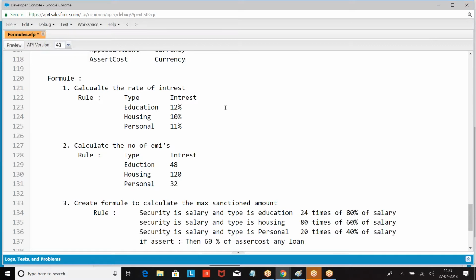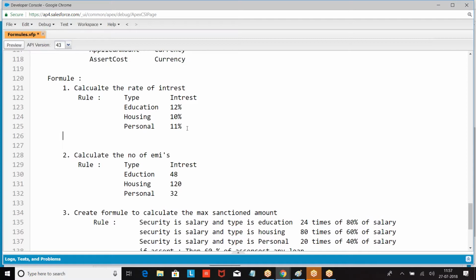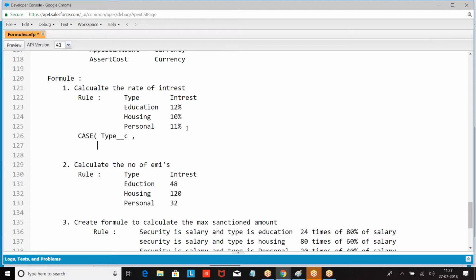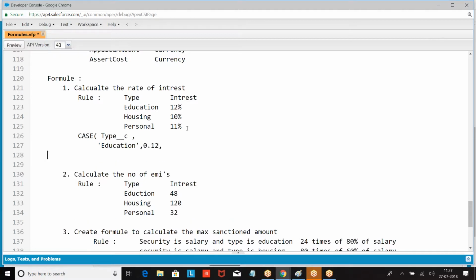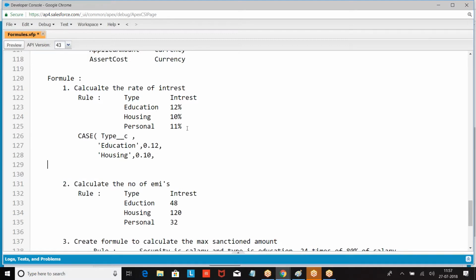Now, let us look at the condition. How do you create this? Case, type, if type is education, housing, personal.